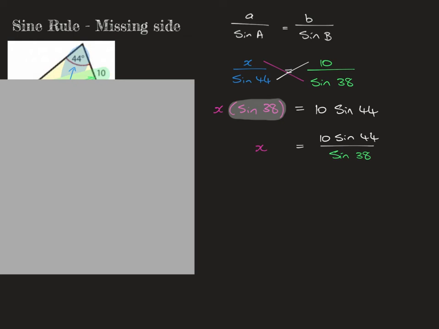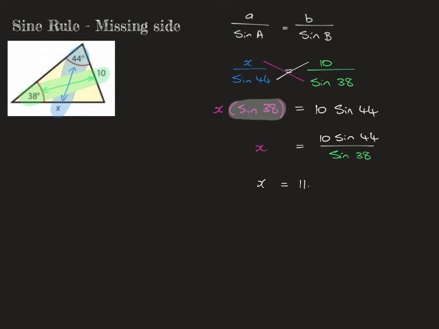So I'll just put that in there. So the answer there is 11.283, so x is equal to 11.283... And if they wanted it to the nearest two decimal places, so if you wanted to give your answer to 2 decimal places,